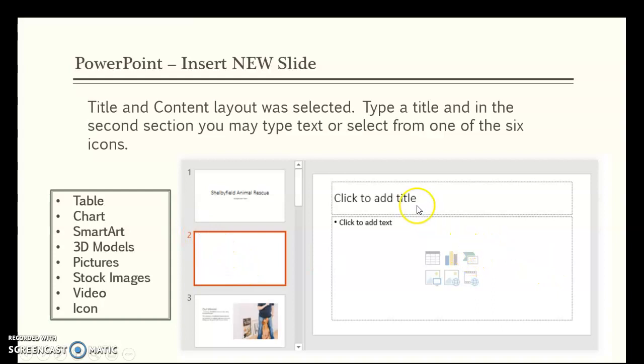So within your new slide, you have little icons that appear, and each one is a quick way to insert. This would be a table, so you could actually have a table within here, a chart. This is Smart Art, and the newer versions have more options, and the next one would be called 3D models, and this is pictures, and then you have what's called stock images. And stock images are images that are available through Microsoft Office and Bing. They work together,